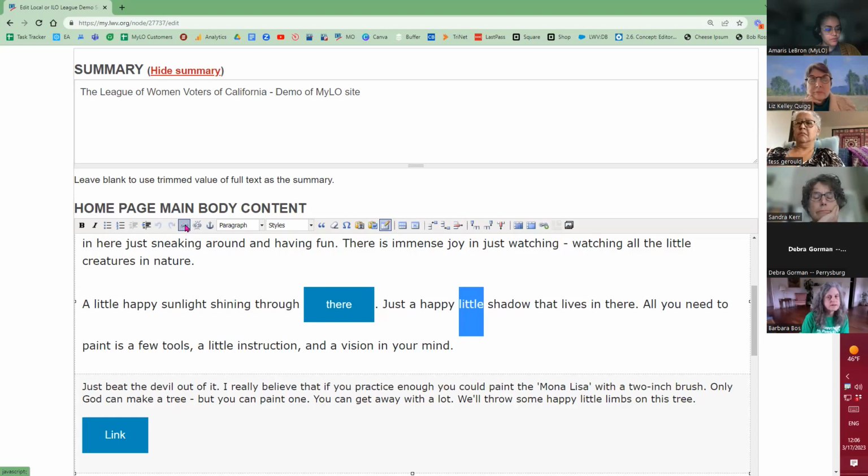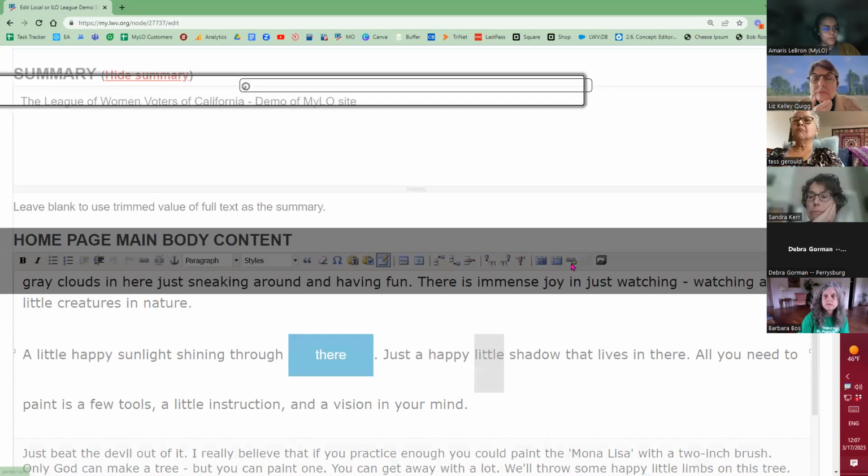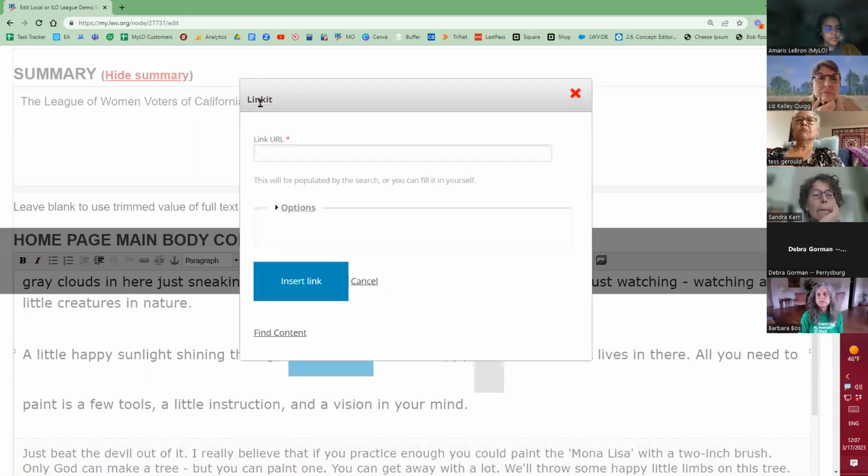The first one available is called Insert/edit link, with a little chain icon. Let me zoom in a little more. The tool we were talking about in the Google group was this one here called Link to content. When you open that one up, you see Link it here. I thought, Liz, that this was the issue you were referring to,